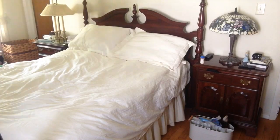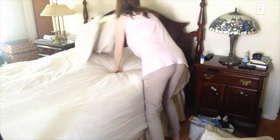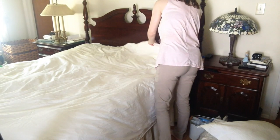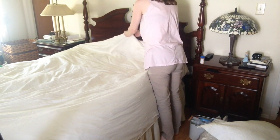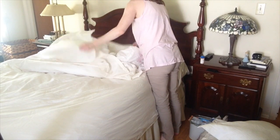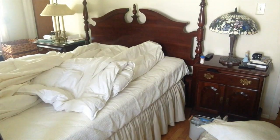decided to strip off that duvet cover and take off the comforter that we had on the bed because it's no longer winter, and so it was way too warm for having an extra comforter on the bed. So we decided to get for our bed a nice new purple duvet cover. So you'll see in a minute here, it's a nice white with purple paisleys print on it duvet cover with